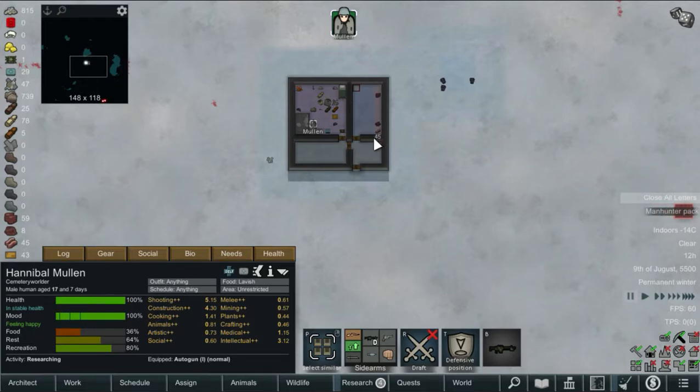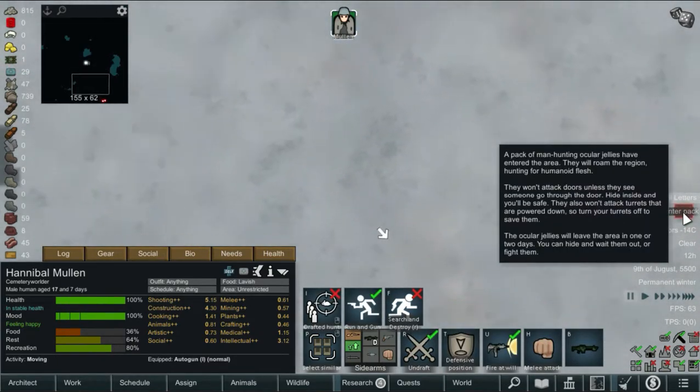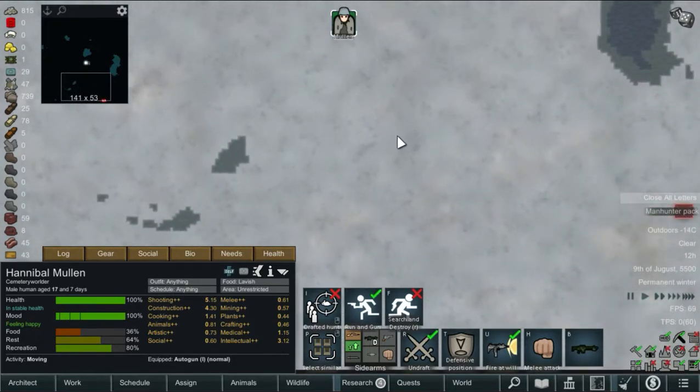Carnsy here, bringing you episode 2 of the Void OP Ice Sheet Challenge. We need to work on the name of that, but we have a Manhunter pack coming in. Ocular Jellies. So we're just going to head down,